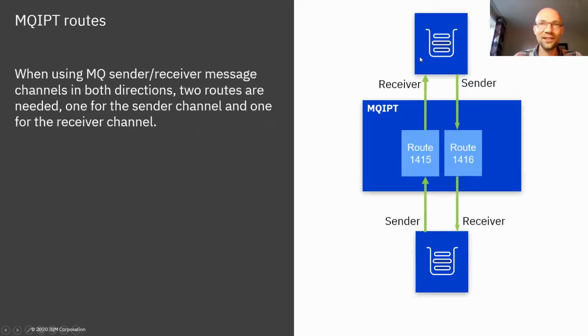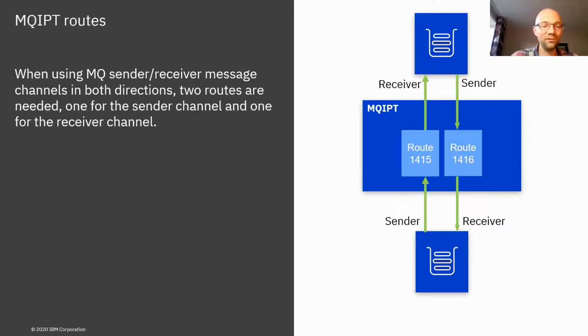Now, that doesn't mean that you don't need a different route for sender and receiver channels. If you have two queue managers connecting to each other and you want the traffic to go both ways, then you will need a sender channel defined on one queue manager and an equivalent receiver channel defined on the destination queue manager. And if you want the data to flow both ways, and this is without MQIPT being in the picture, you will need an equal and opposite pair of sender and receiver channels for the data to flow the other way. And in pretty much exactly the same way, you need two routes in MQIPT as well,